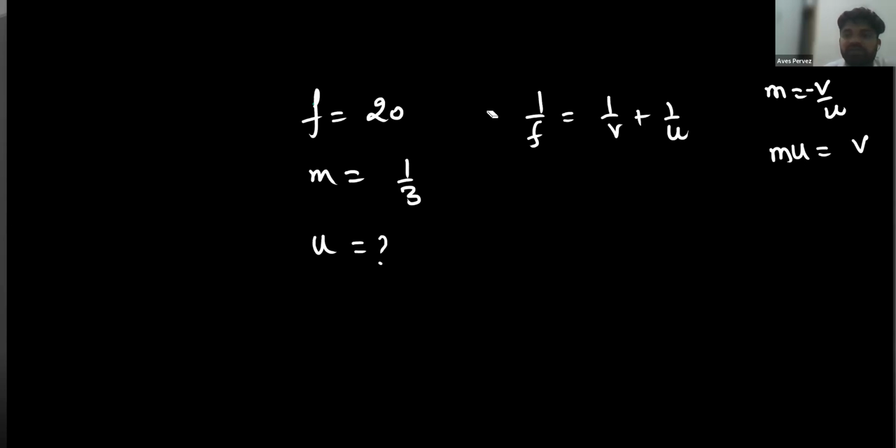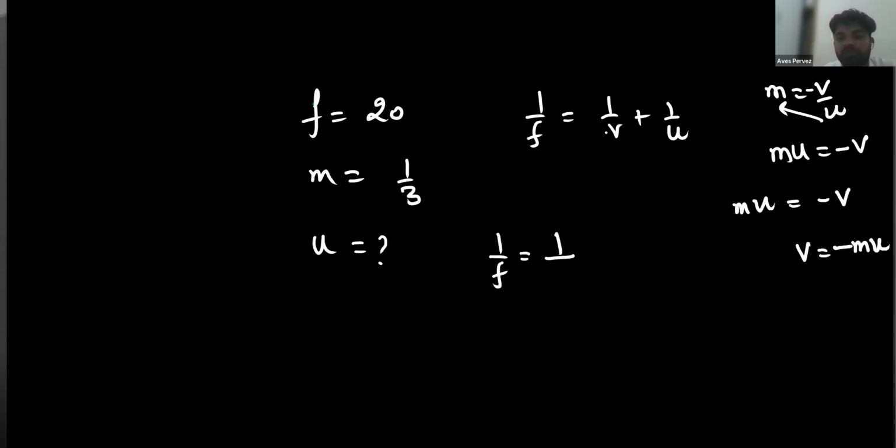You can consider that if it is written this way, this u is going to multiply with this one, and you will get minus v upon m. Got it? Yes, sir. So v is equal to minus m by u. Got it? So if I place 1 by f is equal to 1 by v, in place of v, can I add minus of mu